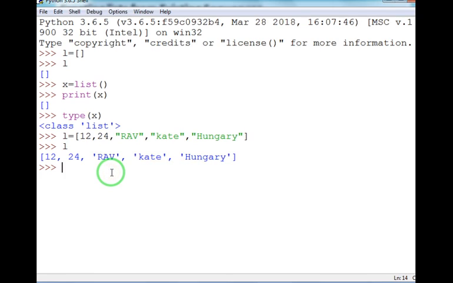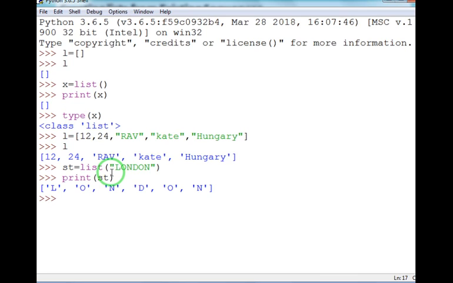So let's create a list from a string first. Suppose I have created a list named S2, and I want to create a list from LONDON. When I give the command print, the name of the list, S2, you can see L O N D O N, these are individual elements of the list named S2.